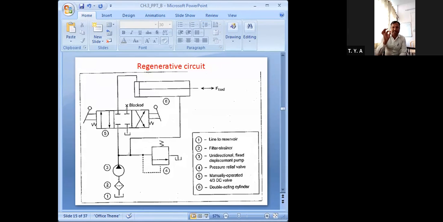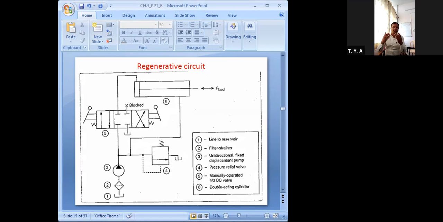This regenerative circuit is used to speed up the extension stroke of the double acting cylinder. For that purpose, we are taking the fluid which is coming out from the rod end, that means this one, and we are taking it as an inlet to our direction controller.